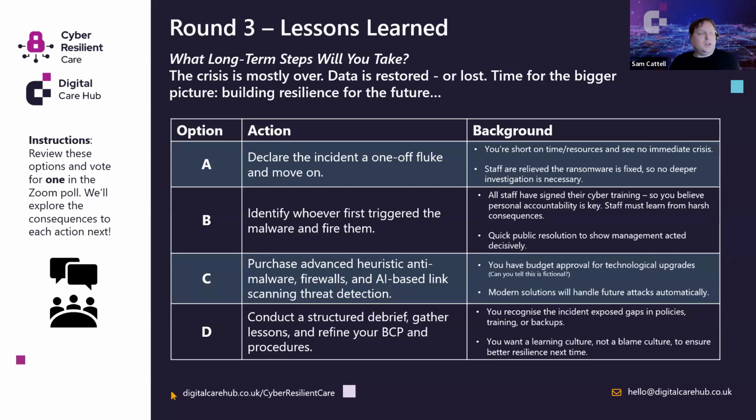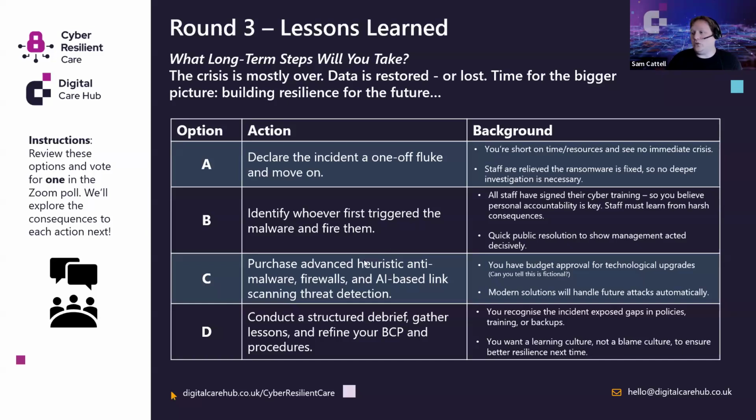I'll give you a few more seconds to go through that. Ah, there we go. Nice. Okay, so yeah, mix of D and C, fantastic. I say D is probably the strongest one, with a dash of C. I'd like to see, if you do manage to get sign off, or you do manage to get funding, by all means upgrade your systems as much as you can. But we'll go through all the explanations now,